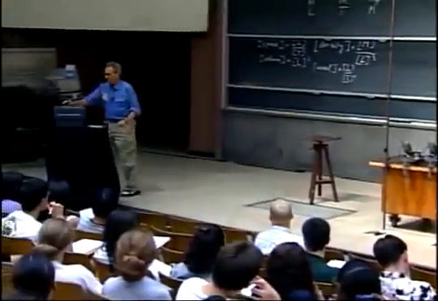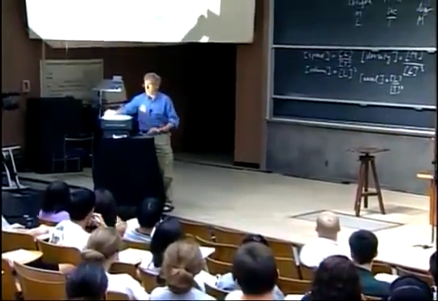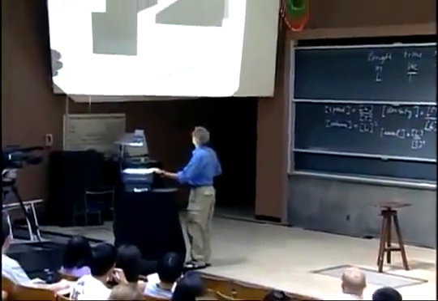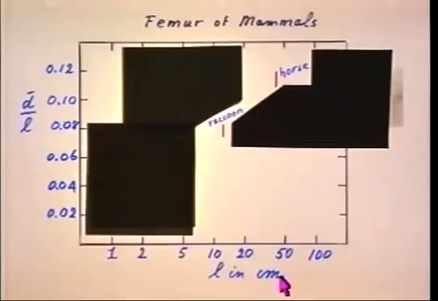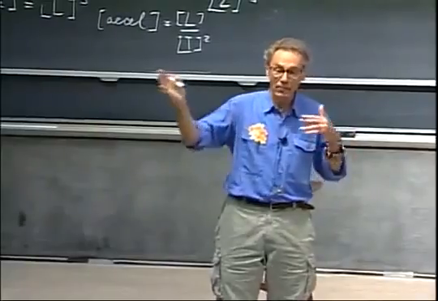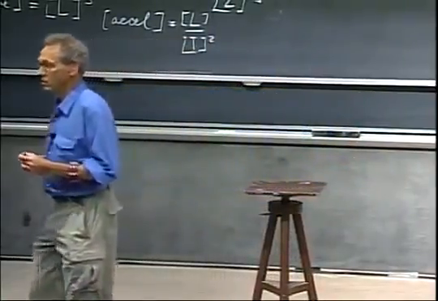I show you the result. Here is my first result. So we see there d over L. I explained to you why I prefer that to plot it. And here you see the length. You see here the raccoon, and you see the horse. And if you look carefully, then the d over L for the horse is only about 1.5 times larger than the raccoon. Well, I wasn't too disappointed. 1.5 is not 2, but it is in the right direction. The horse clearly has a larger value for d over L than the raccoon.